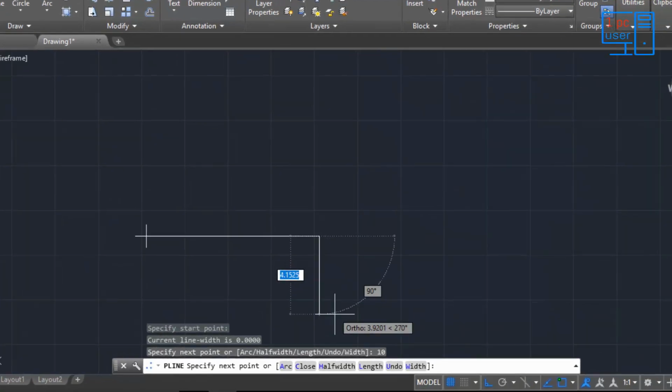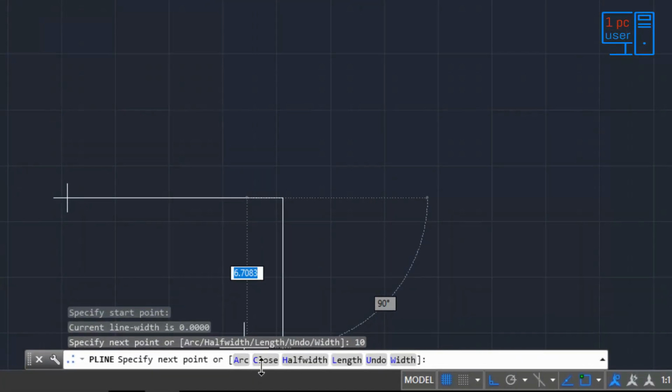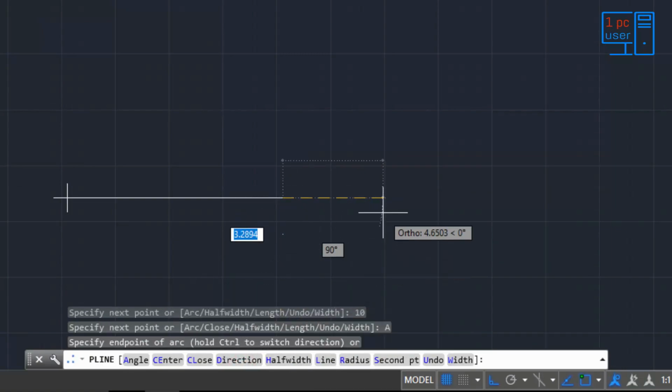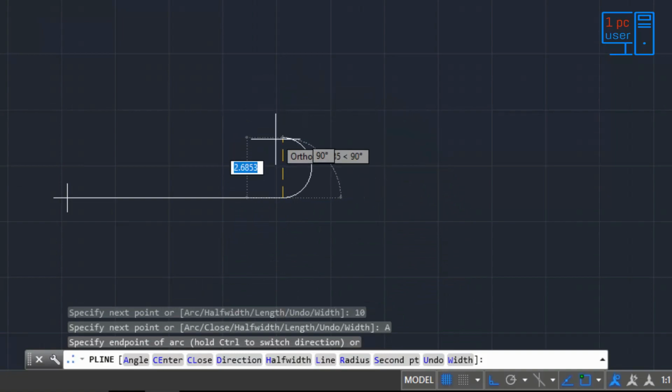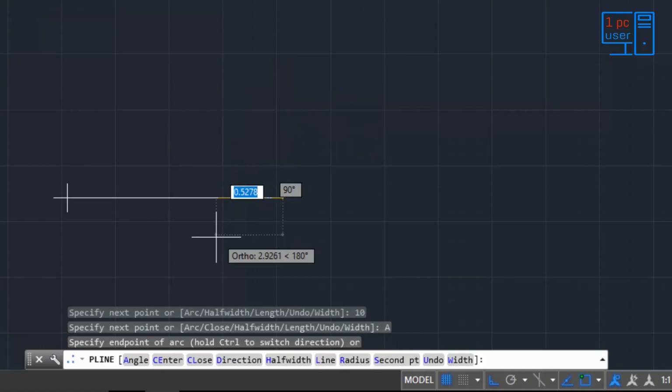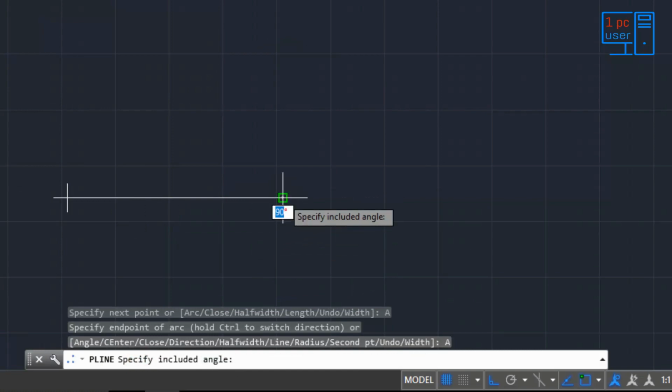After this, here I will select arc command, and if I will select arc, then it will simply start drawing arc. As you can see here, it has selected here arc, and here it is given angle. Let me use here angle, and after I give here angle, as you can see here, it is measuring angle with the horizontal line. So let's give here angle 90, enter.